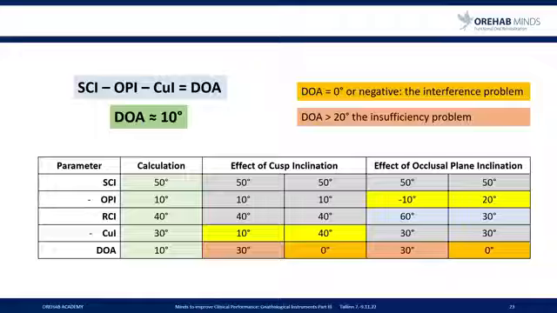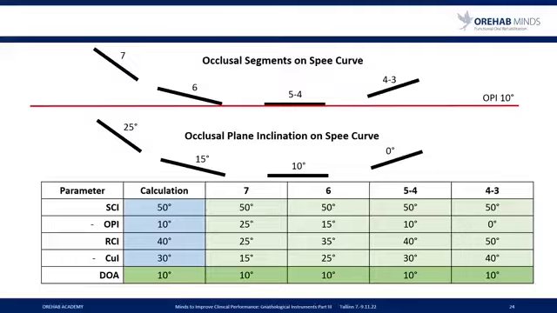Now we keep the cusp inclination constant. We are changing occlusal plane inclination. -10 gives a disocclusal angle of 30. +20 gives a disocclusal angle of 10. Again, interference problem versus insufficiency problem. So now the segments of occlusal planes, occlusal segments on the curve of Spee,